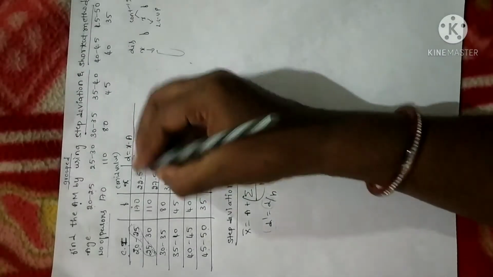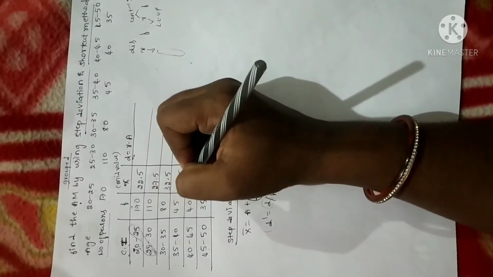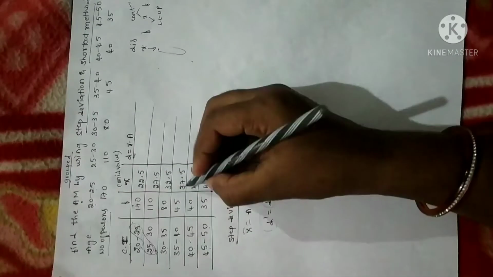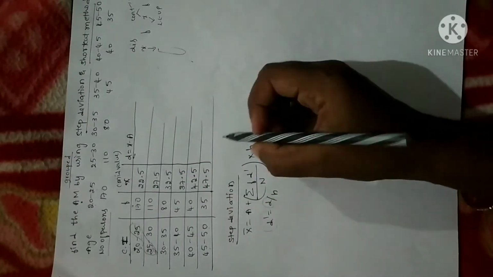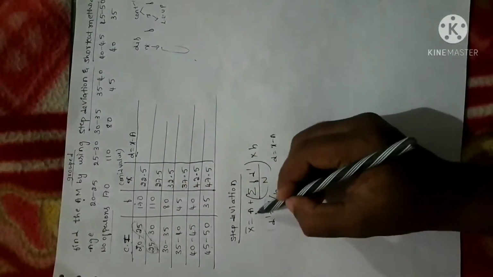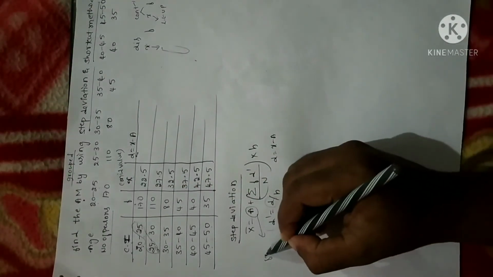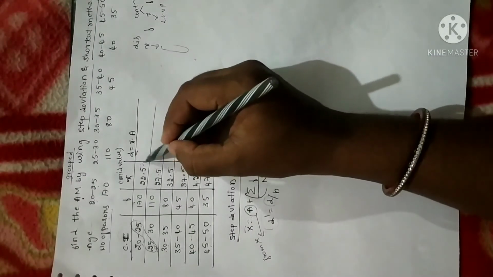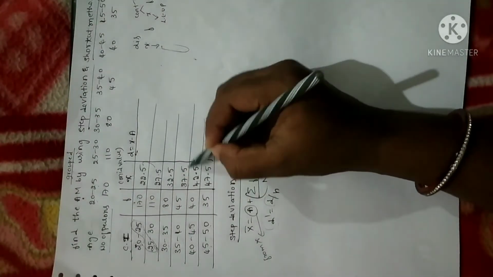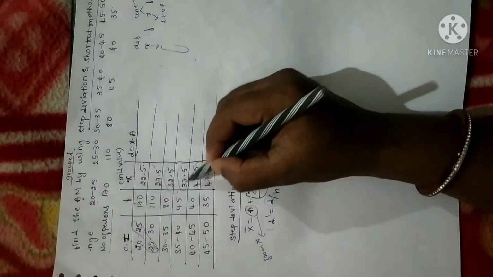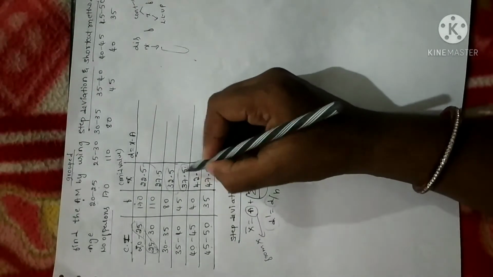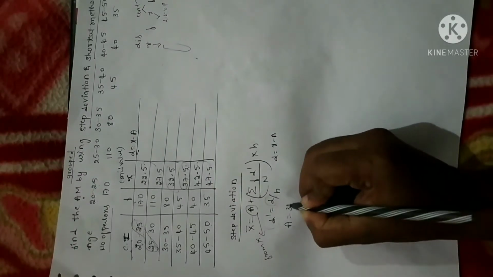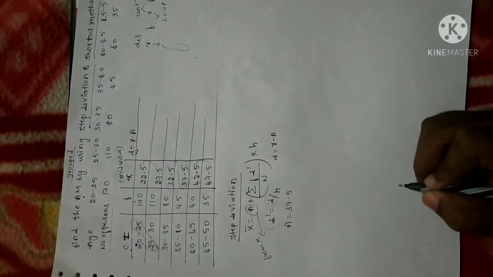So let me calculate. Anyhow, x values we have. Now I have already told you a is the assumed mean, right? So assumed mean means we have to assume the value of A from the column X. I have already told you a number of times A is from column X. So look at the column X. Leave these two values and these two values, left with these two values. Anyhow, let me take the highest value so that you will get an accurate solution. No matter, you can take any of the values, but I am going to take A as 37.5. So I have taken A as 37.5.